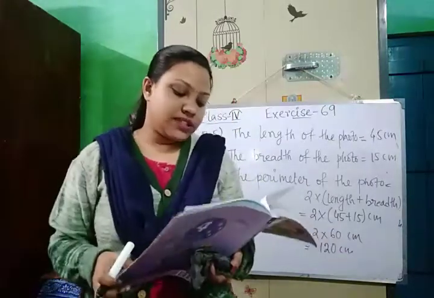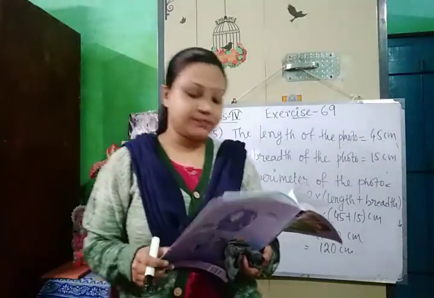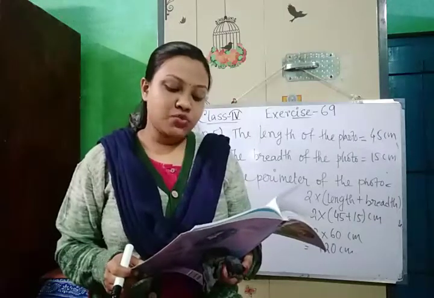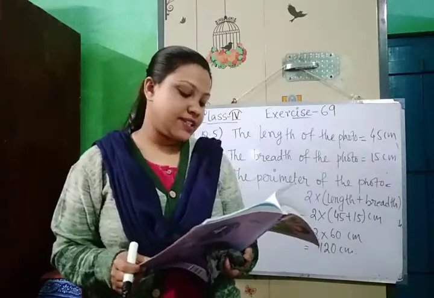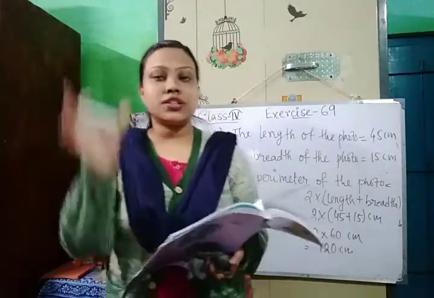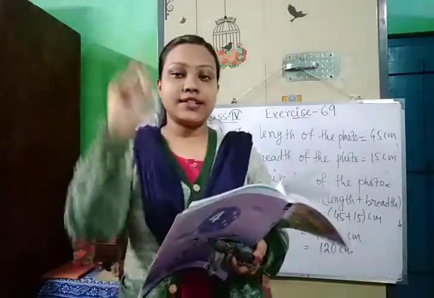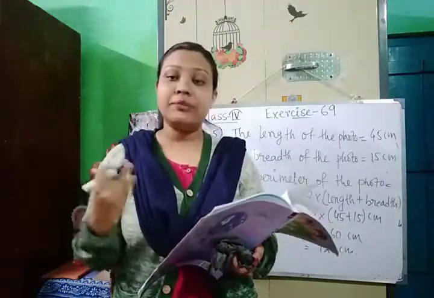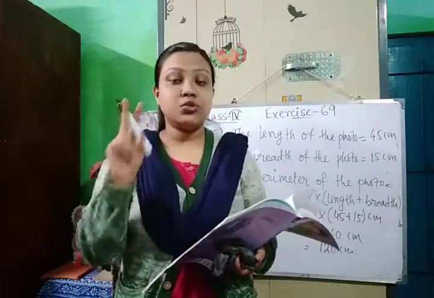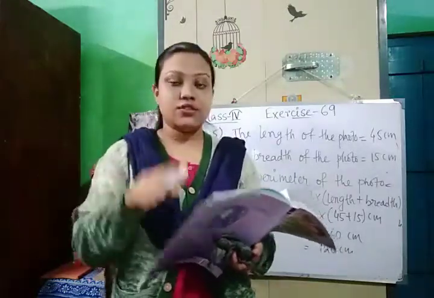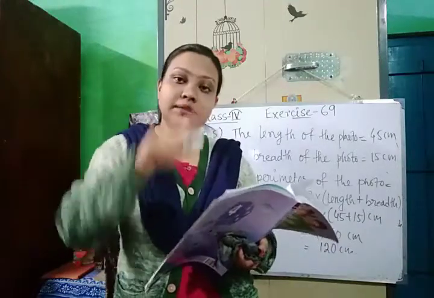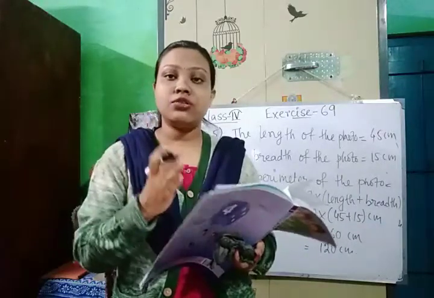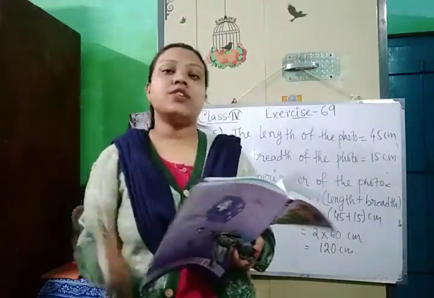Next, I am going to question number 7. Question number 7 is, a square garden is 172 meters long. How much wire will be needed for fencing around it 2 times? So the square garden, the side of a square garden is given, and it's asked in the question that how much wire will be needed to fence it twice, 2 times. 2 times means twice. So we will have to first find out again the boundary, length of the boundary means the perimeter of the square garden. Then we will find out what is the length of twice of the perimeter.